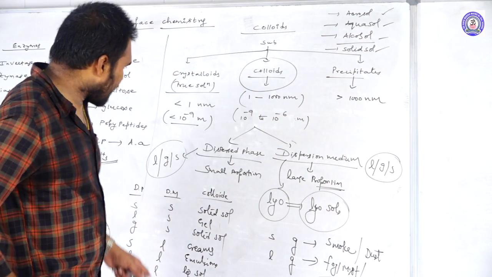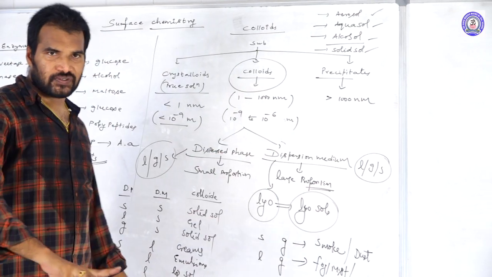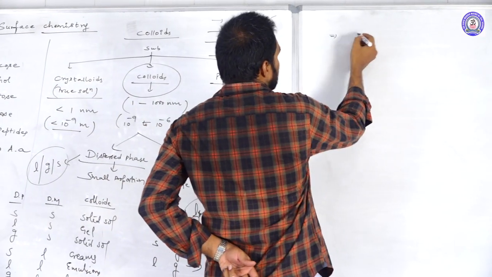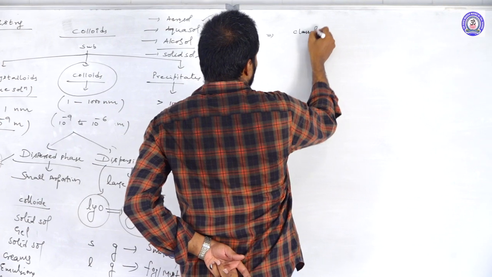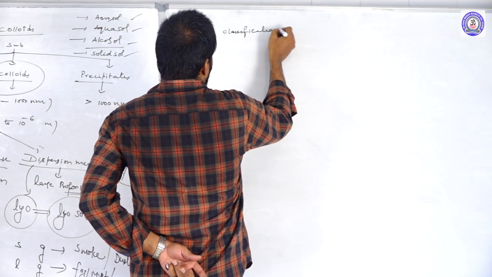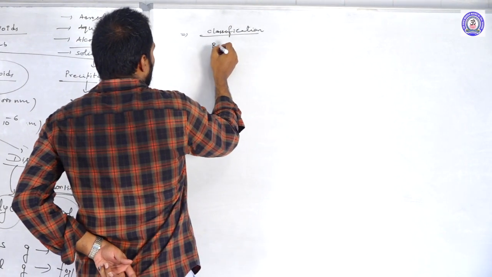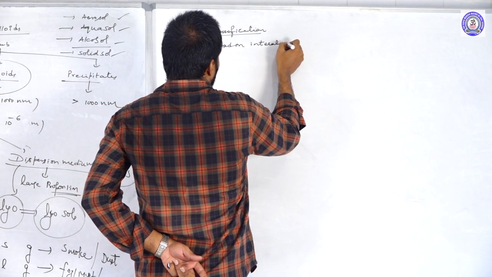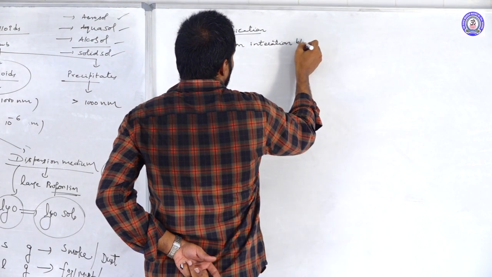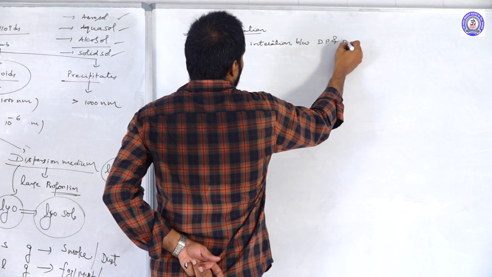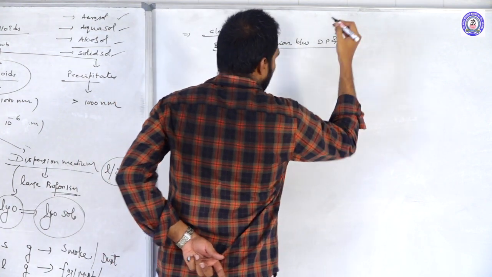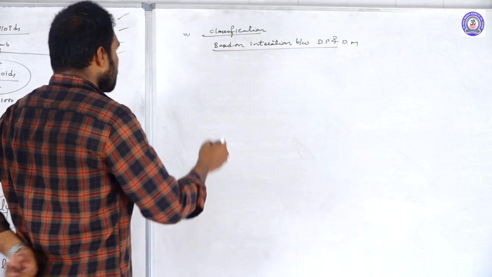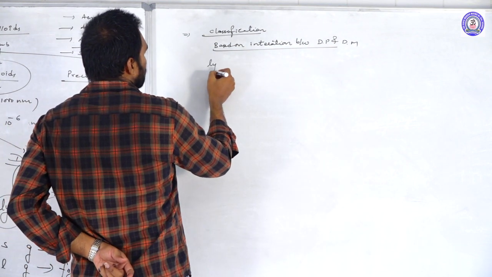Based upon the interaction between the dp and the dm, the dispersed phase and dispersion medium, we are further classifying the colloids. Classification of colloids based on interaction between dp and dm. Based on the interaction between the dp and the dm, we are classifying the colloidal solutions into two types: